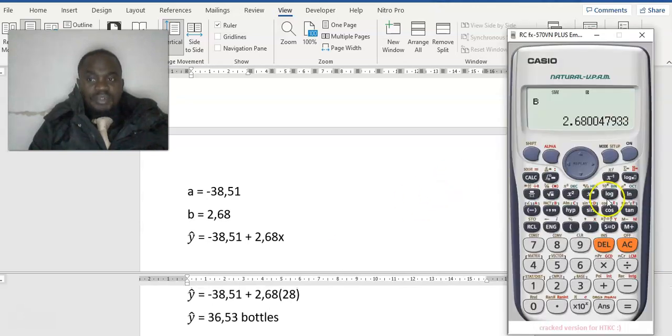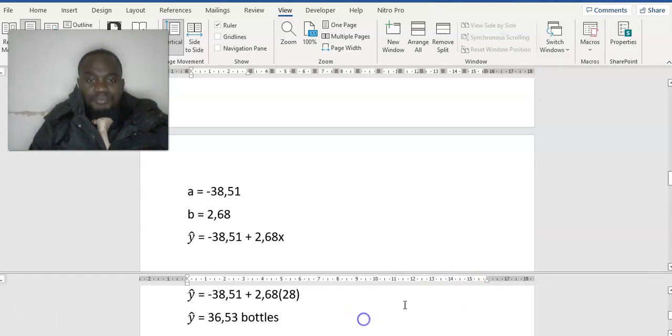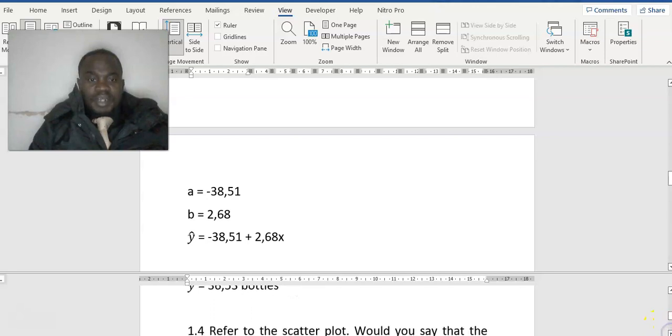So if you press this on the calculator, you are going to get negative 38,51 plus 2,68 times 28, and this gives us 36,53 bottles. Okay, so our next question,